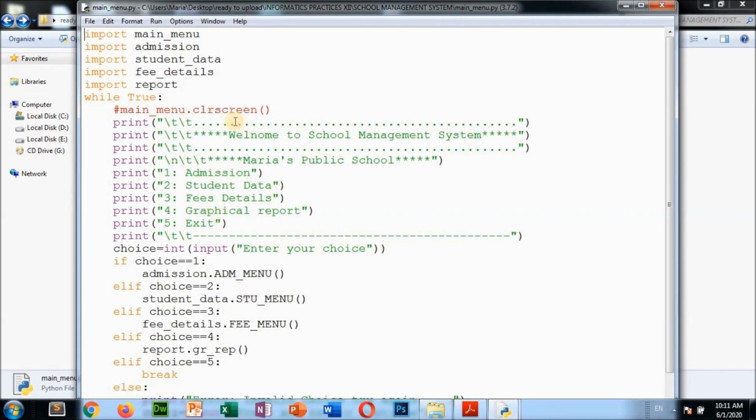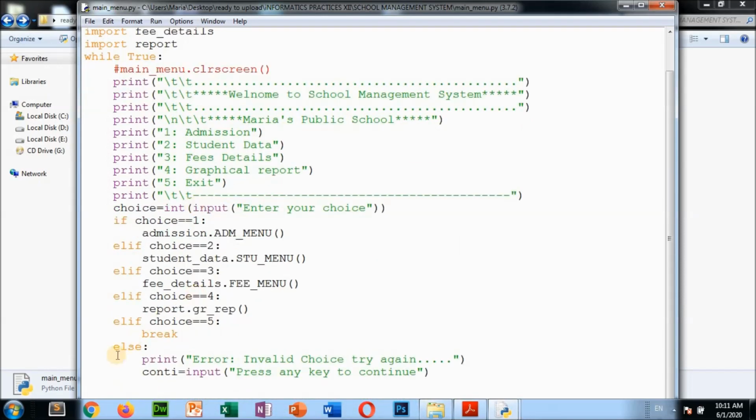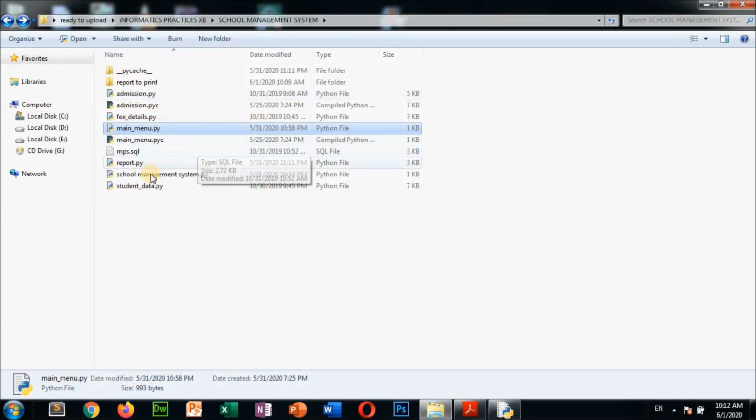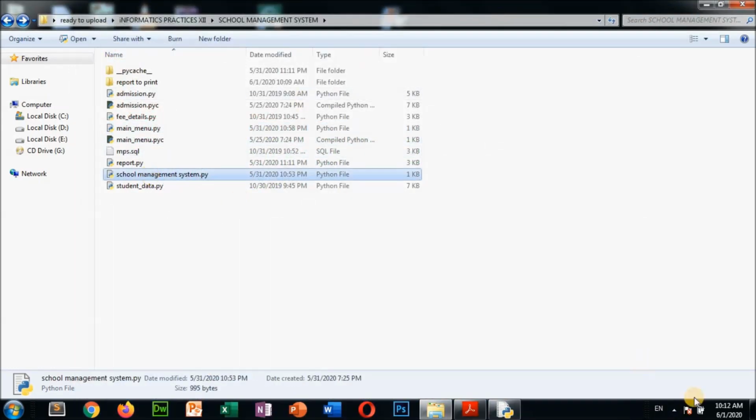The same thing we have given in the first screen, everything is there. So up to here, this is the main menu. What is there in the school management system, the same thing I have given here, the main menu. Okay, so done. After that, see, from school management system,